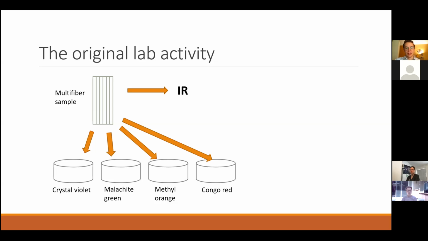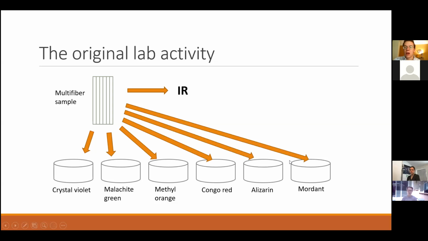So this gets into a little bit what the theory behind the lab is. The theory behind the lab is intermolecular interactions, so hydrogen bonding or London dispersion forces, etc. Basically, how would the textile interact with the dye molecule in such a way that the dye molecule will stick to the textile? And so they would dye in each of these different dye baths,